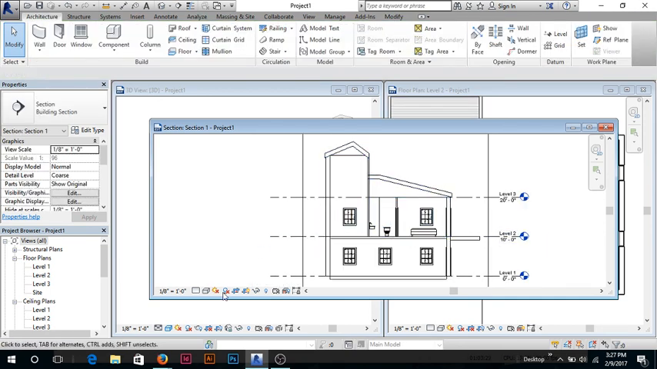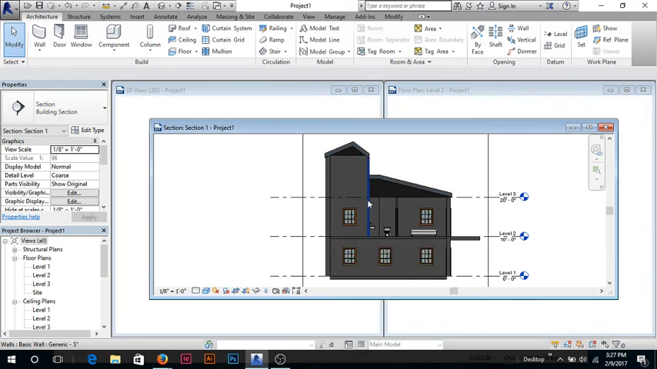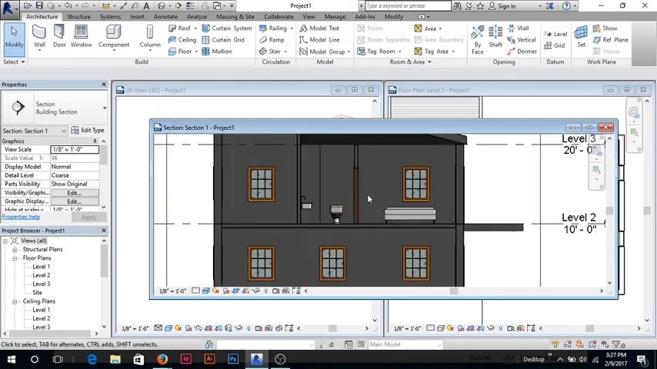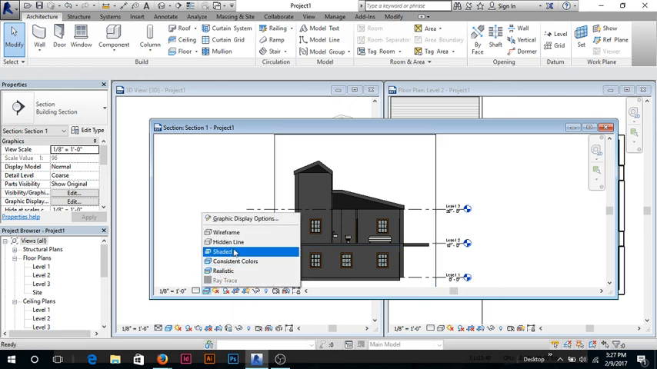You can also change this to shaded or perhaps realistic if your computer can handle it. Mine's a little slow, so there you go. Now you can also render stuff like this from this shot. I'm not a big fan of rendering these sections. What I usually do is